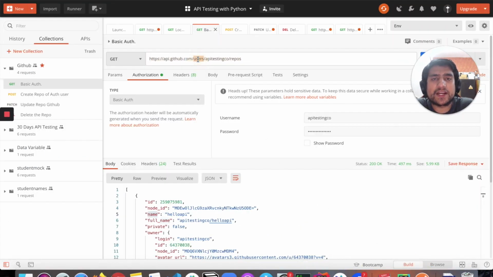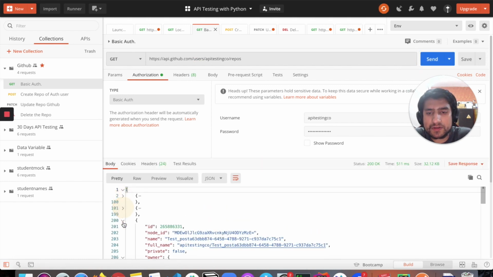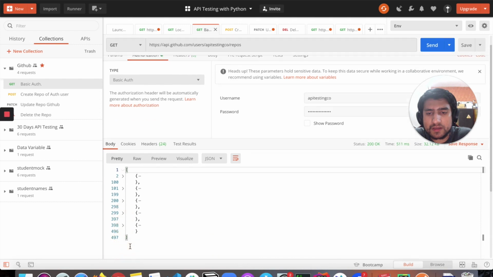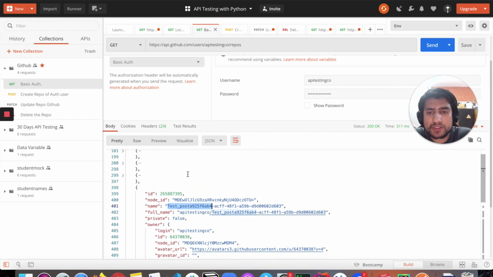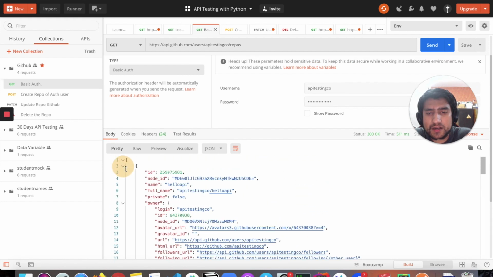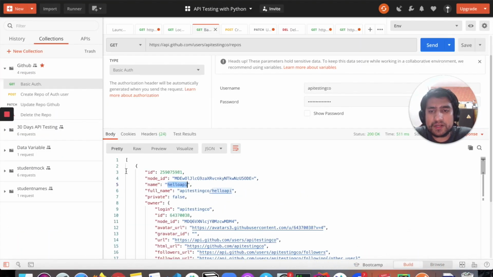So this is a get call, and basically we are going to fetch all the repos. If I do send, you can see all the repos like test and test poster with some random ID. Let me open hello API. All the repos are already coming using this link. This was the first one, and we have a few of them. A few of them are private, so they probably are not coming here. But if you want to fetch the private ones also, there's another link that you can use.